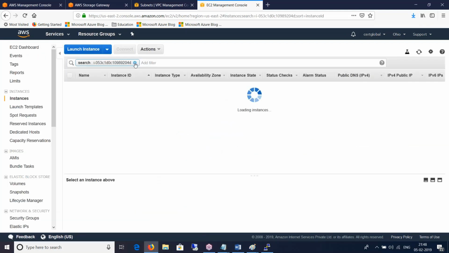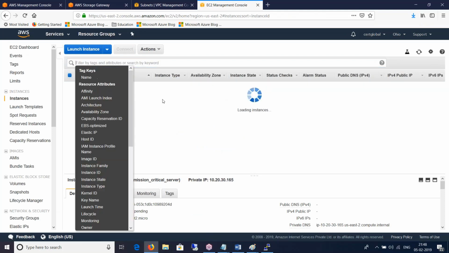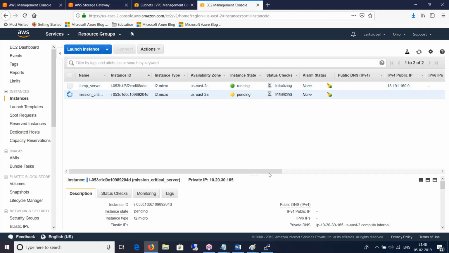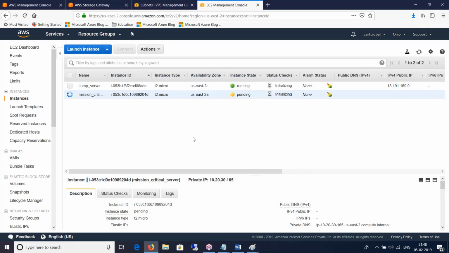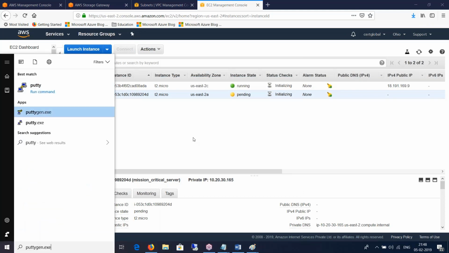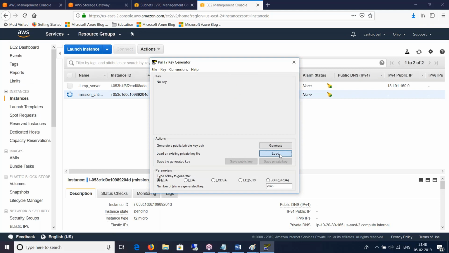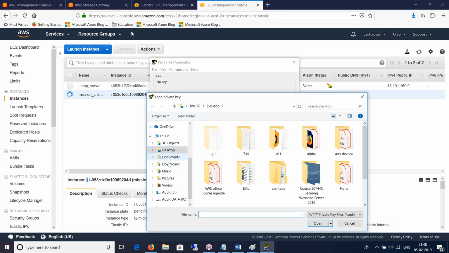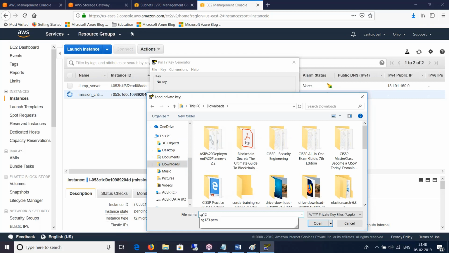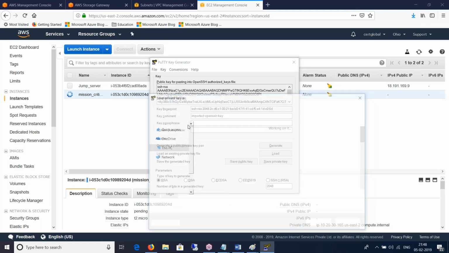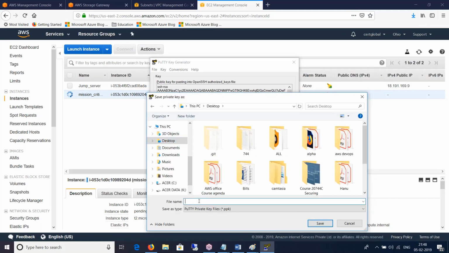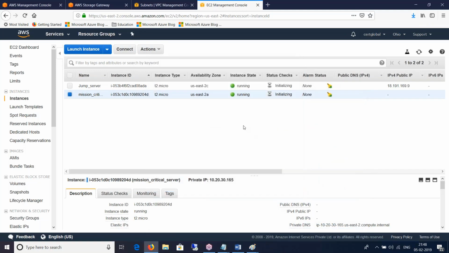Okay, so I think both of them are busy preparing themselves, and while that is getting the ground ready for us, I will use PuttyGen to convert the PEM file to a PPK. So it must be somewhere sitting in my downloads. So SG123, yeah, PEM file. Okay, save the private key. Doesn't matter, on your desktop, SG123 PPK. Good. I don't need this PuttyGen anymore. Launch Putty.